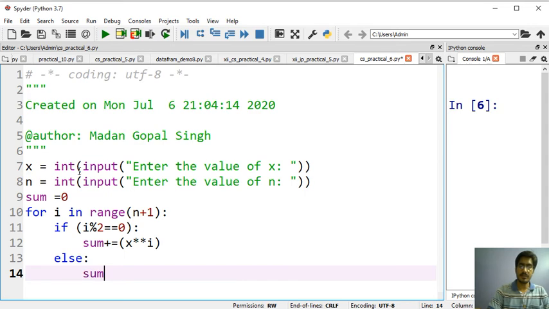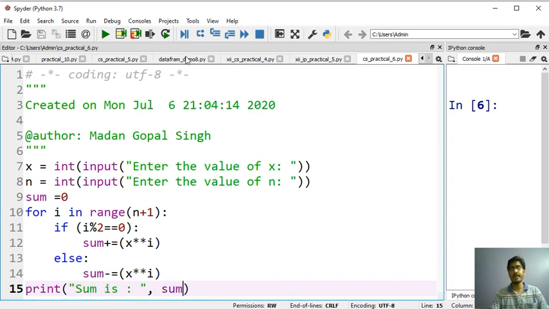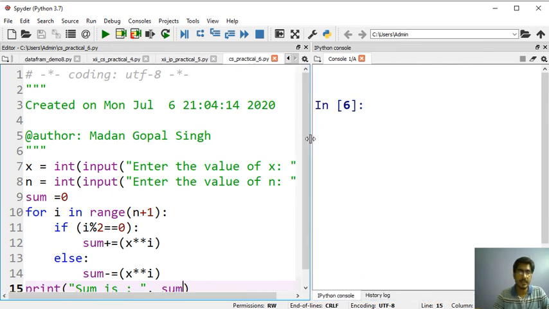In that case, what we will do, sum minus equals to x star star i. Okay. At the end of this loop, you will print, print sum is, sum. Okay.